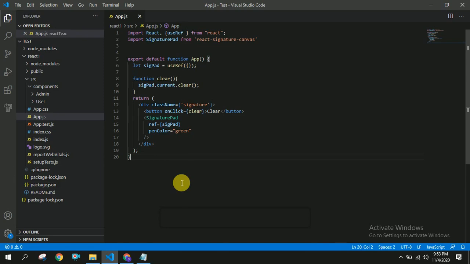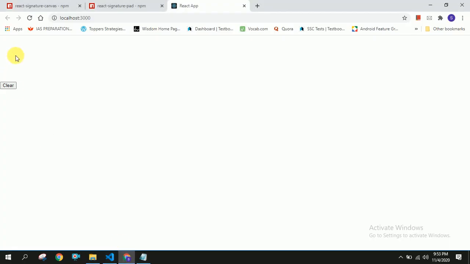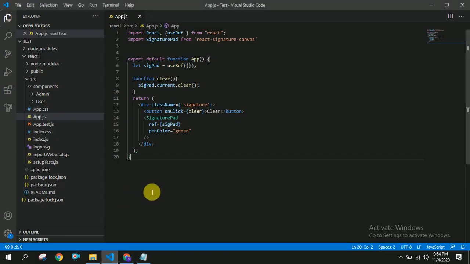So let's check in the browser. You can give whatever you want, and once I click on the clear, it will be erased like this.